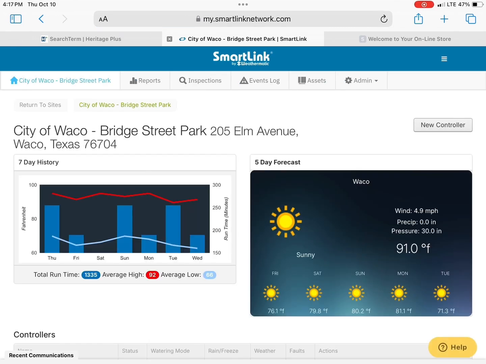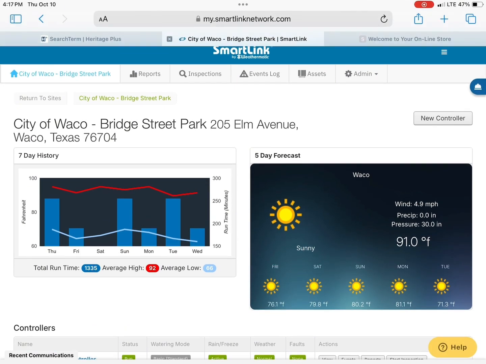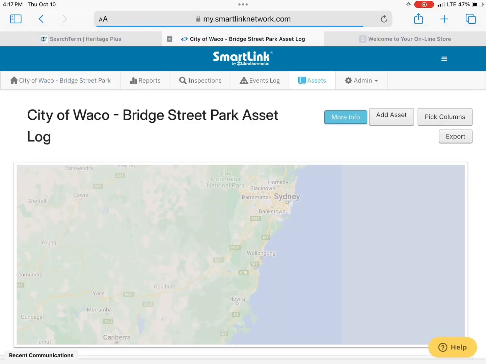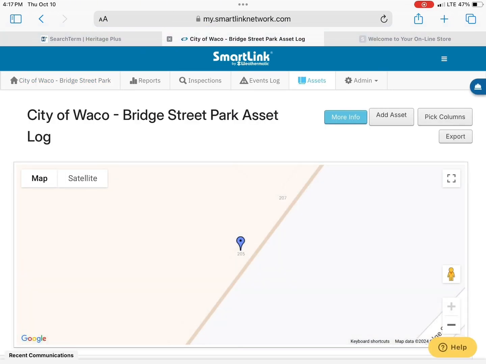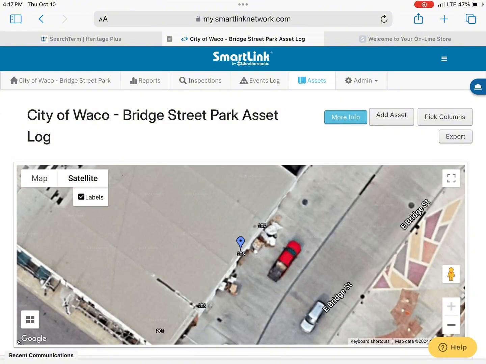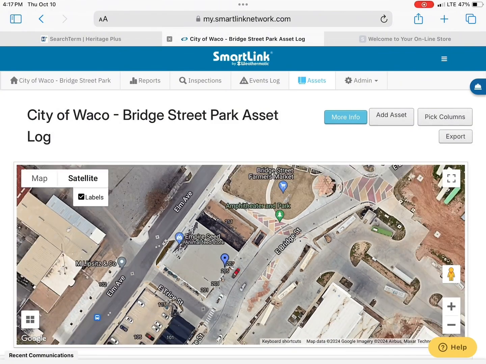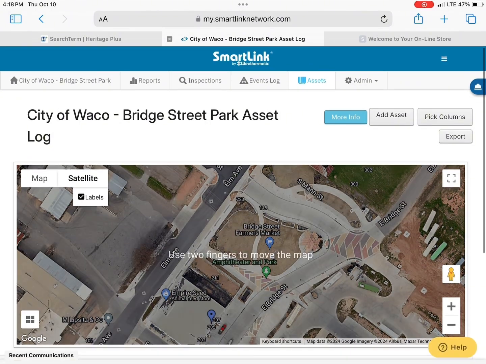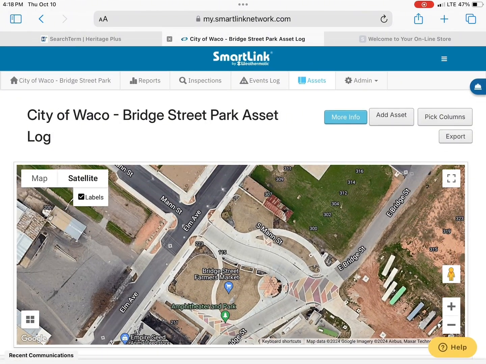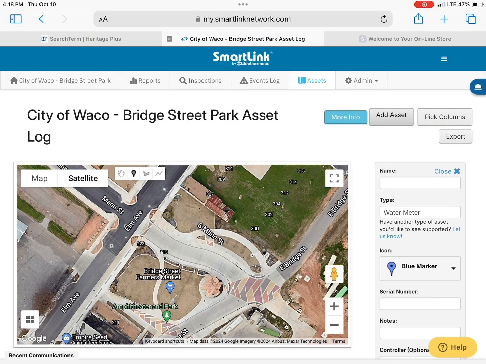From here, you are going to be looking for the assets icon on the top of the dashboard. It is the second from the right-hand side. And then I prefer to switch this over to satellite view. Makes it a little bit easier to figure out exactly where you are. And this is where it can get fun because there's a ton of different things that you can do. But just to keep it simple as we're starting out, we're going to click Add Asset up there on the